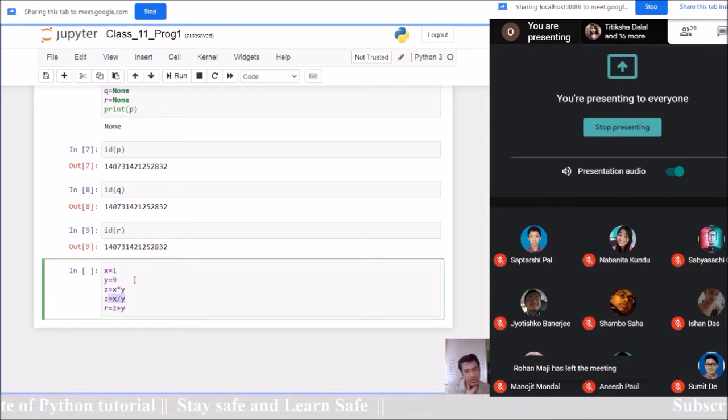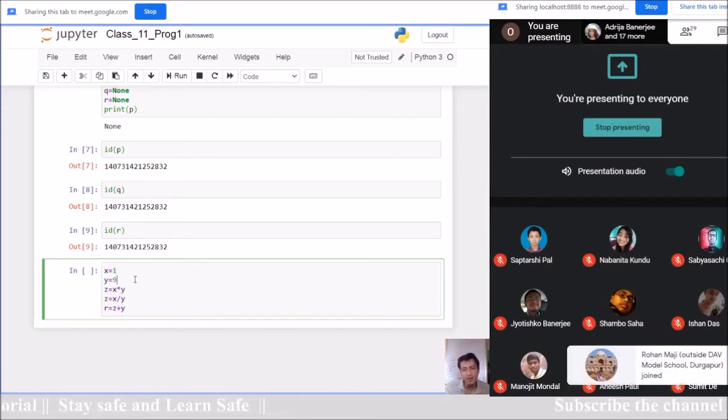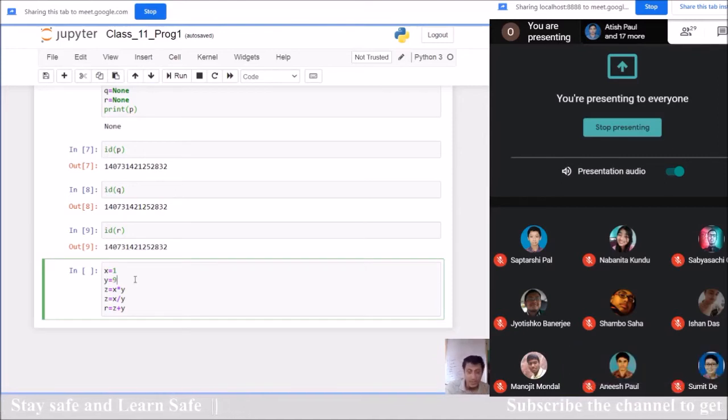So in this situation, a garbage value is an electronically created value which may be assigned automatically to that free variable. And after that, whatever calculation you do using that variable, you may get some error.